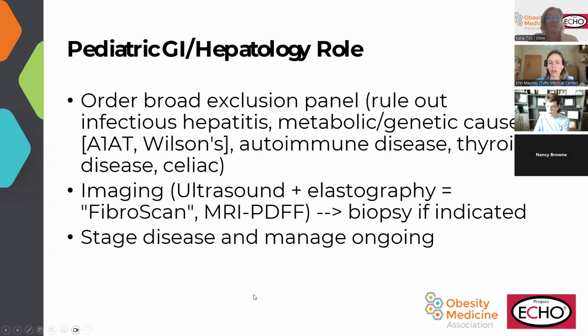We'll also typically order imaging. At our institution, this is ultrasound with elastography. So it's a specialized ultrasound that can kind of measure the resistance of the liver and give you a sense of both how much fat there is and also how much fibrosis there is. To be honest, it's not super well validated in pediatrics, but it's kind of the best non-invasive thing that we have. There are also modalities that are gaining steam now, like MR PDFF, that can better quantify the fibrosis, but it's hard to get kids to lay down for an MRI, and not everyone has access to this. So those are the things that we think about.